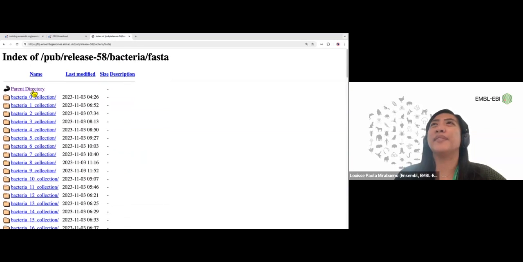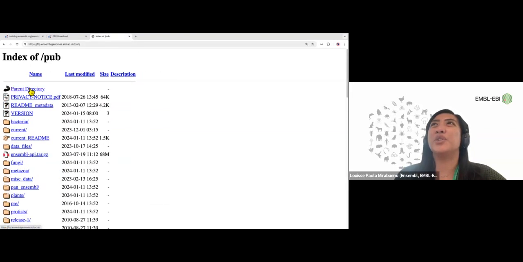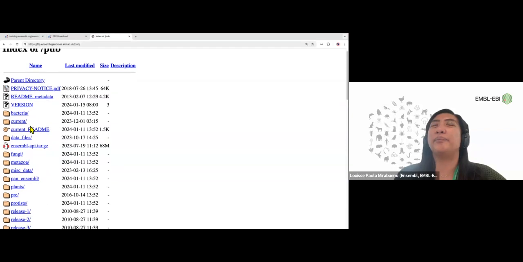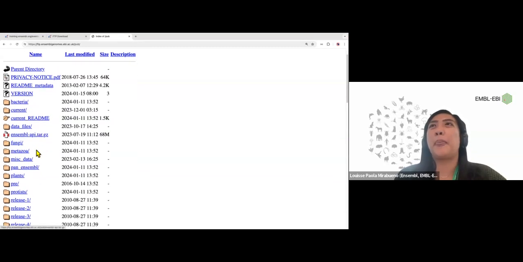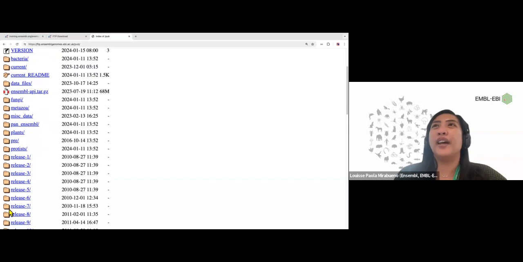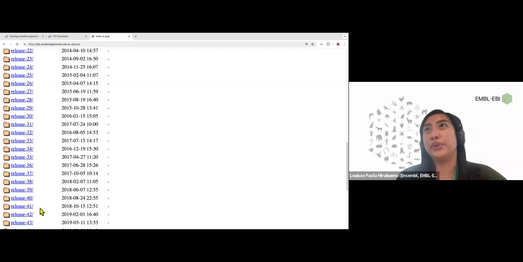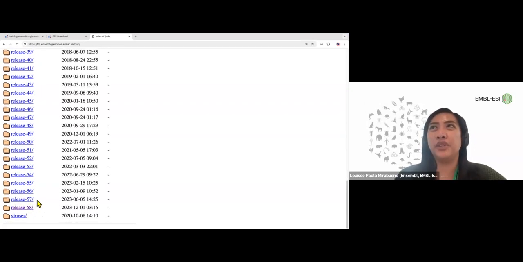No, sorry, I'm in the wrong directory. What I want to show you is archive data, sorry. So what you want to do is go to the very first directory, which is pub. And if you scroll down, you can see all these folders called release 1 through 58. So if you want to retrieve data from an older release and the browser interface isn't there anymore, you can do so by going to this pub